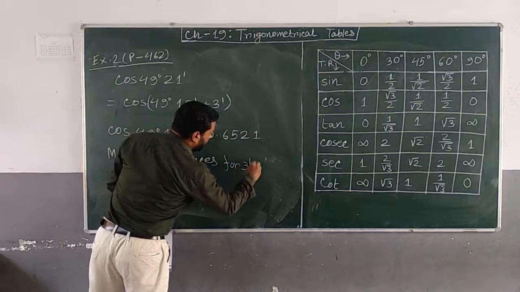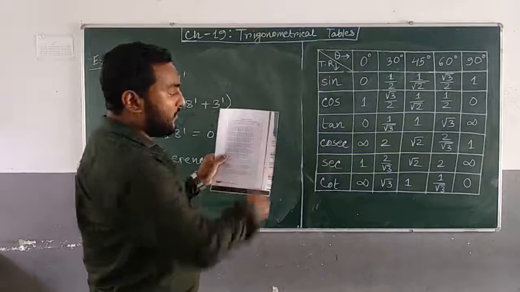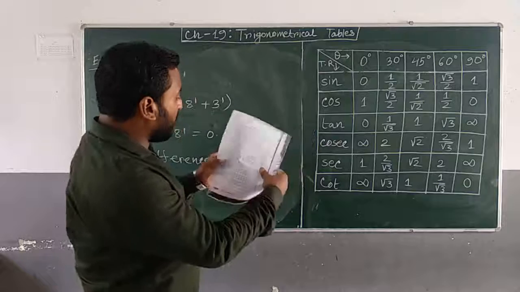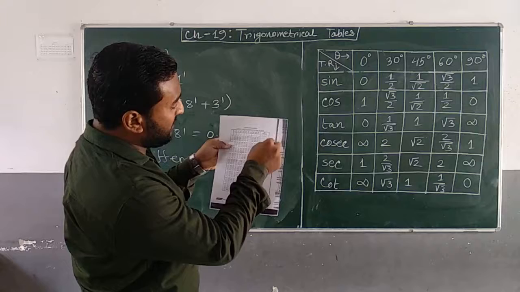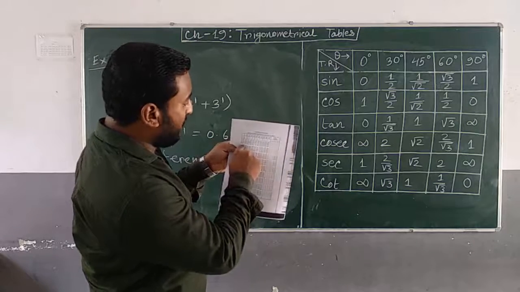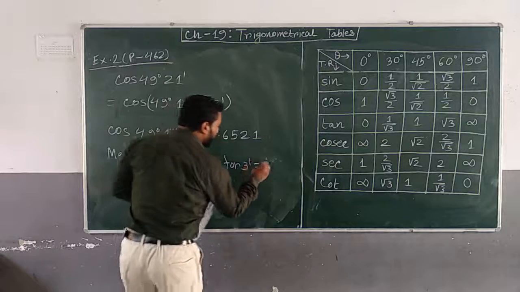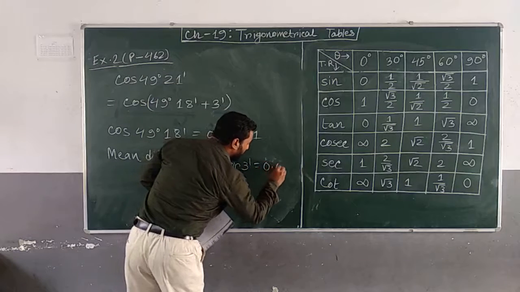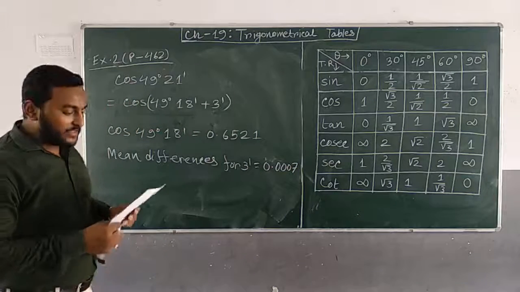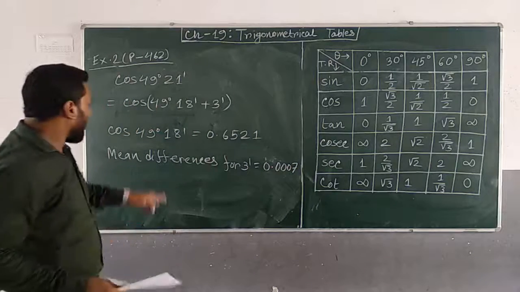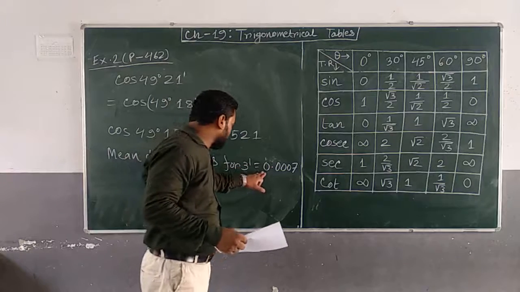For 3 minutes, now the mean differences, you have to see the last 5 columns. So 49 degree and last 3 minutes, here it is given 7. So the value of 49 degree 3 minutes is given 7. So 7 can be written as 0.007. In this form you have to write, because the mean difference for 3 minutes at 49 degree is given 7, so it should be written in the form